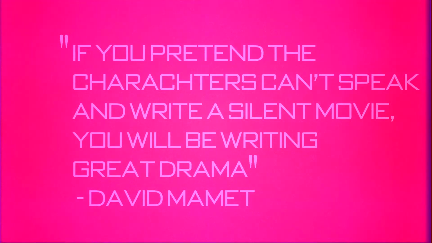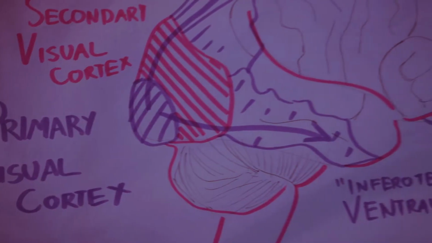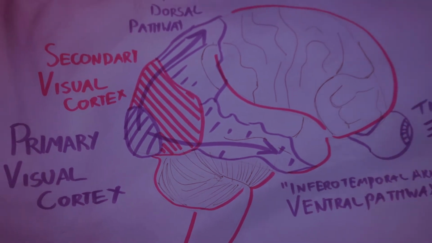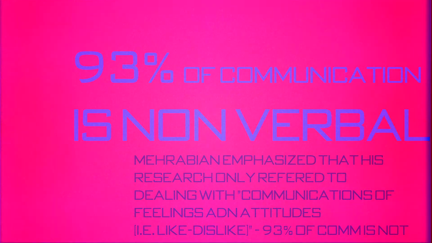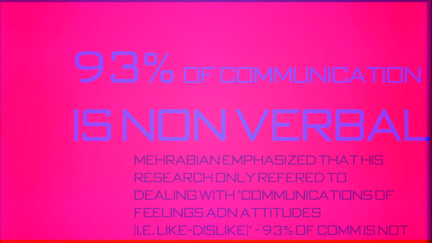David Mamet actually said something very interesting about this. He said that if you're writing it like a silent movie, you're writing good drama. One third of the human brain is dedicated to visual processing. 93% of human communication is non-verbal. Let's just say it's true, because everyone keeps repeating this fact. Maybe we don't need to actually worry about dialogue. After all, Menander and even John Cleese and Connie Booth left the dialogue for last, and Curb Your Enthusiasm is not even written with dialogue. I think you're starting to get the picture, not the motion picture, though.